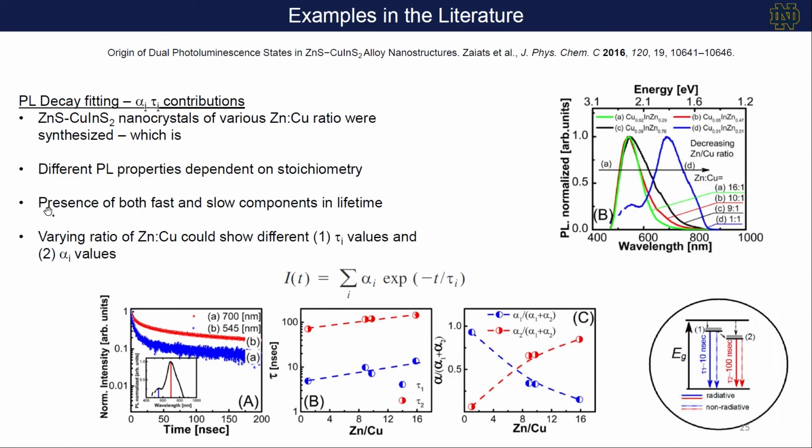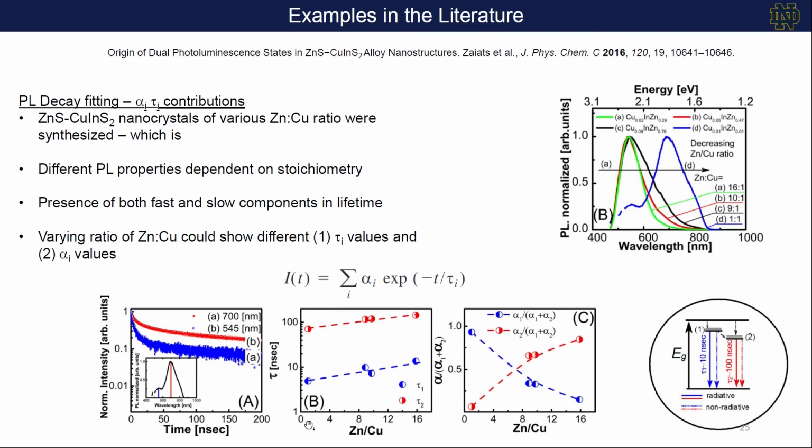You can also see that there's presence of both a fast and a slow component in the lifetime. Again, if you take the lifetime from that more red-shifted emission at 700 nanometers, it's a very slow, nice decay. And from this state over here, we have a much, much faster decay. So what the author, Gary Zaitas, was able to do is carefully analyze each one of these traces, again